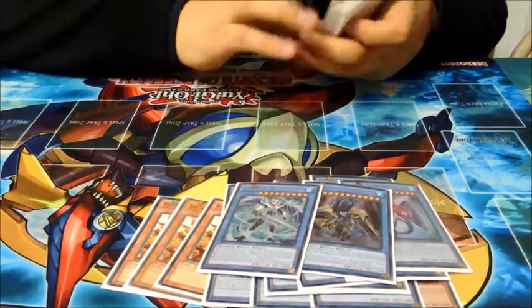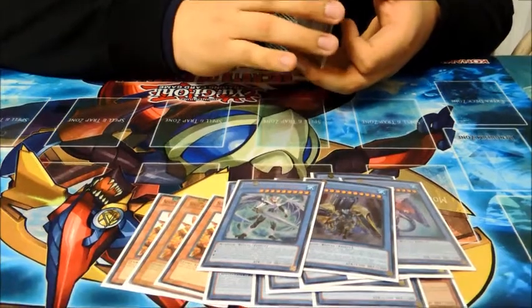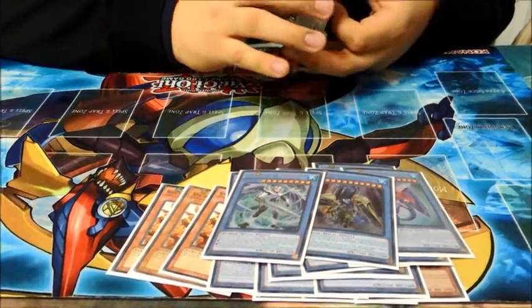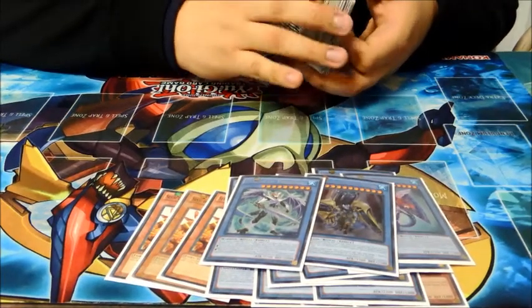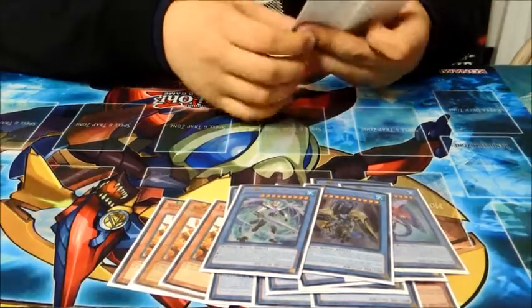Okay, so why do you play 1 Trish? I see 1 Trish is really good because you just recycle that same one the entire time with Nekroz Cycle, or you can add back Unicore, then use Mirror again to get rid of the